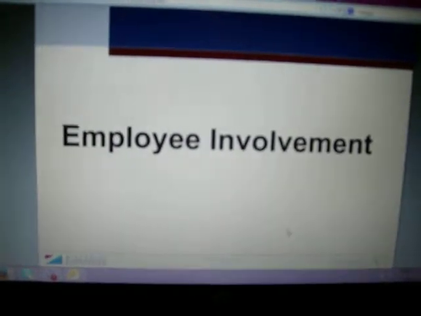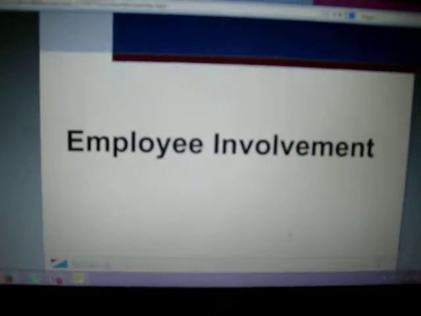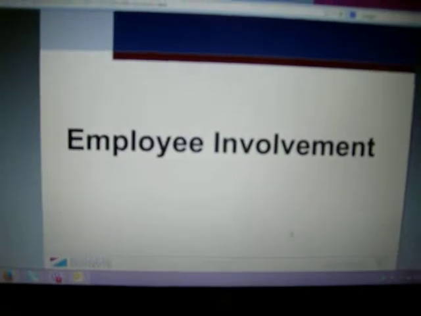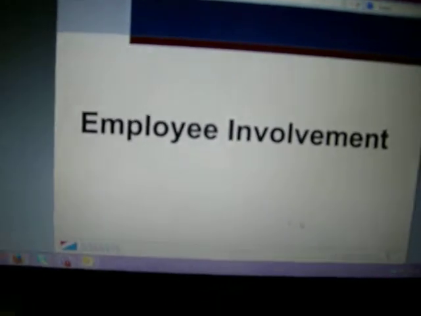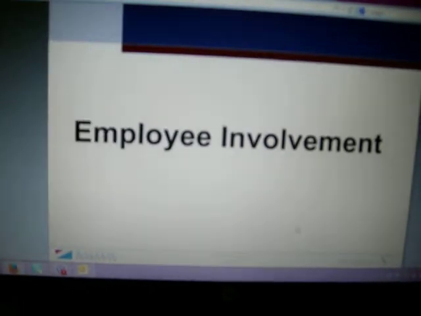Employee involvement. Employee involvement is one of the most crucial elements in long-term sustainment of your lean journey. We'll now go through